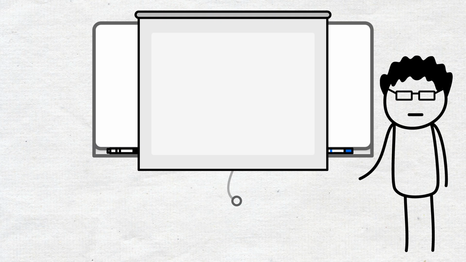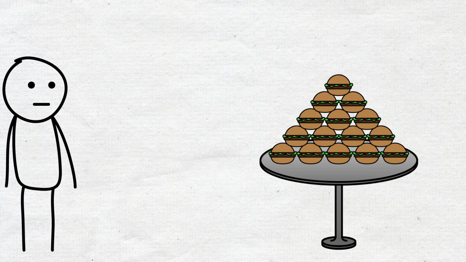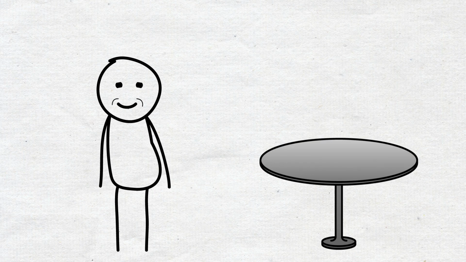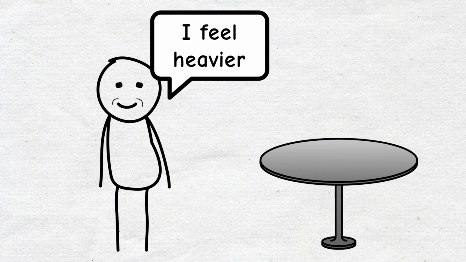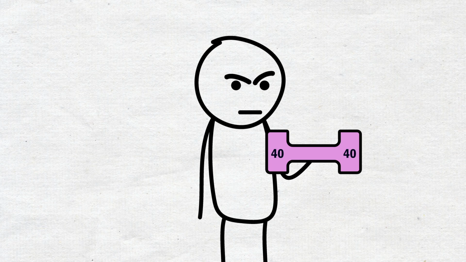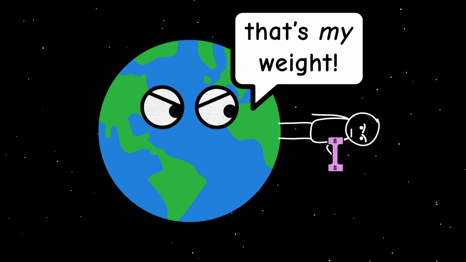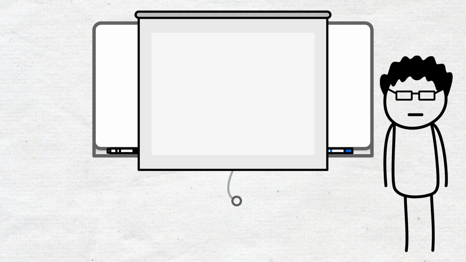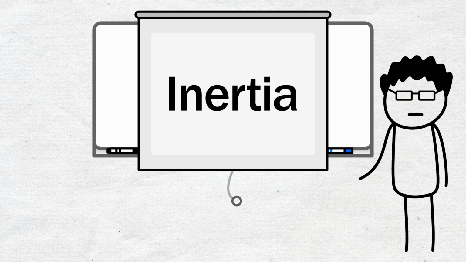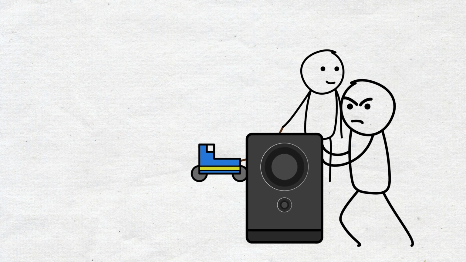Going back, if it's not clear why mathematically all objects fall at the same time if you throw them from the same height, you can also picture it this way. Yes, if you've eaten some extra hamburgers recently, the Earth definitely pulls you stronger. That's why it's harder to lift 40 pounds than 5. You feel the Earth pulling the weight harder, thus it should fall faster. But also, the heavier weight has more resistance to be moved by Earth, a property we call inertia. The more mass an object has, the harder it is to move it.